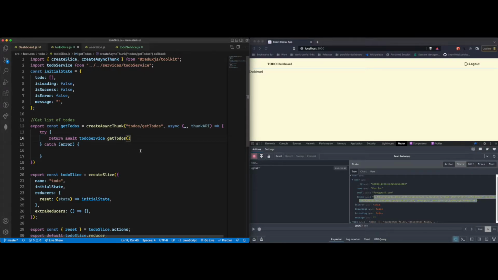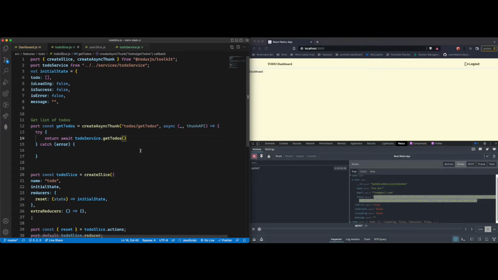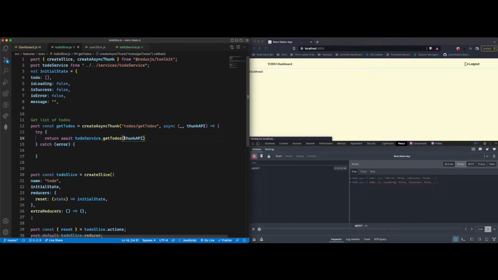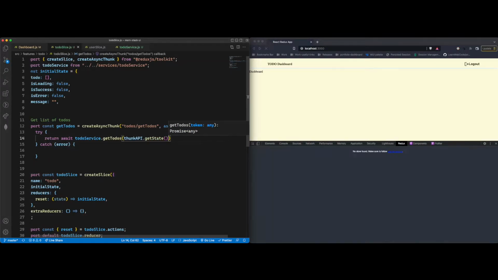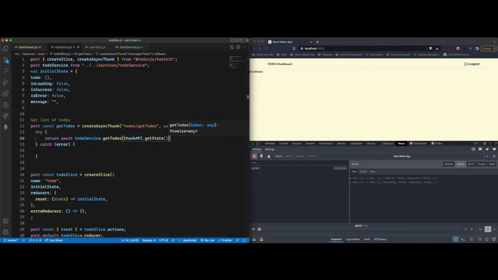What is the cool thing about Redux Toolkit is this thunk API will help you to get any sort of state within your store. So that's what we will be using. I'm going to copy that. I'll paste the thunk API there, and I'm going to call a function called getState from thunk API. And here you can specify any sort of property that you want to try to access. Right now I'm just interested in